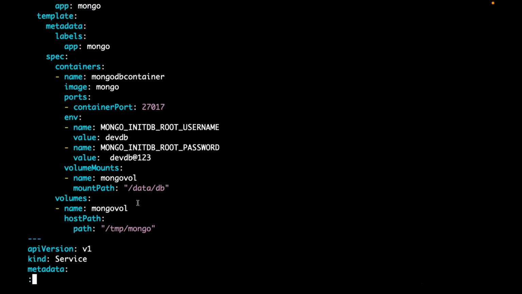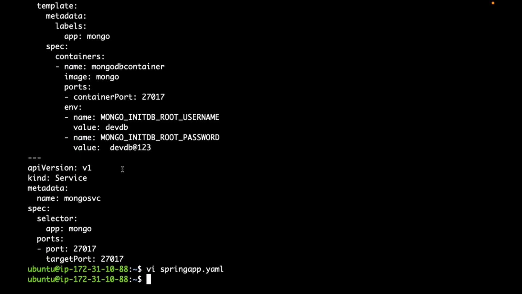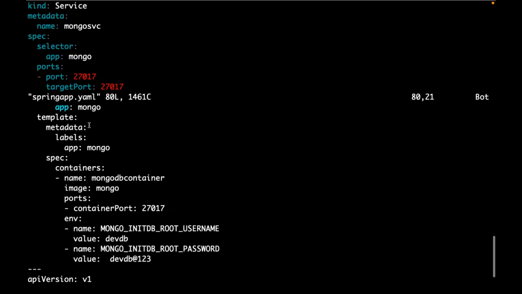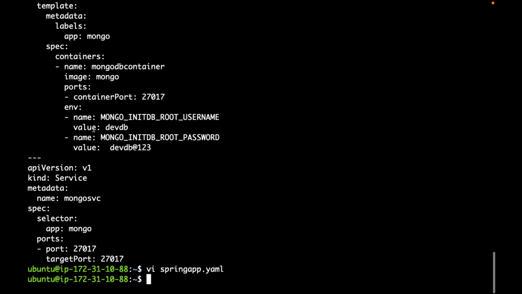Now, since I created a replica set, if I apply this change, will your pods be recreated? Is it going to use those volumes? Since I created a replica set, if I update this manifest and apply, will the pods be recreated since the database is created as a replica set?